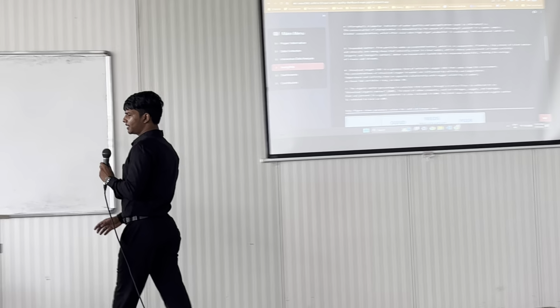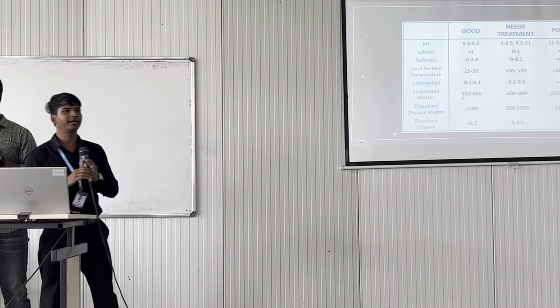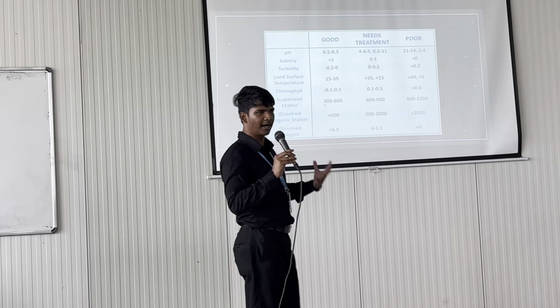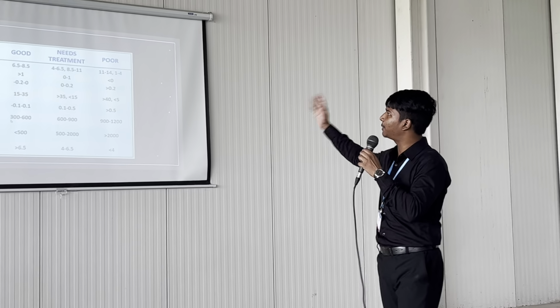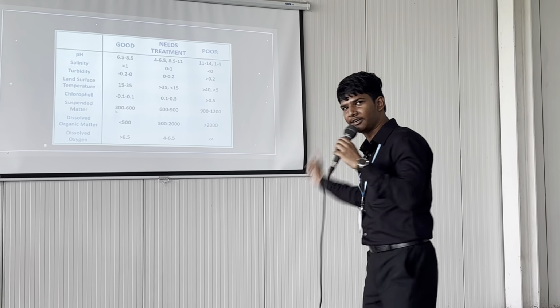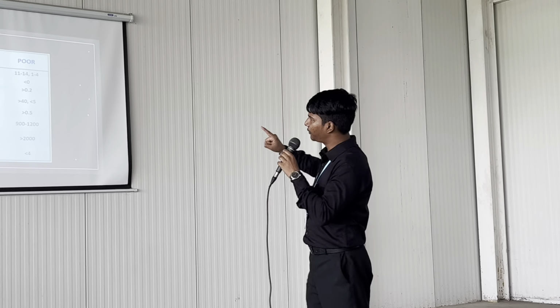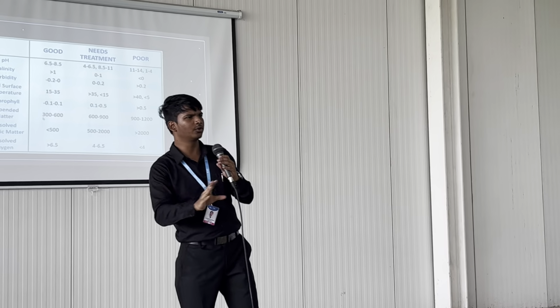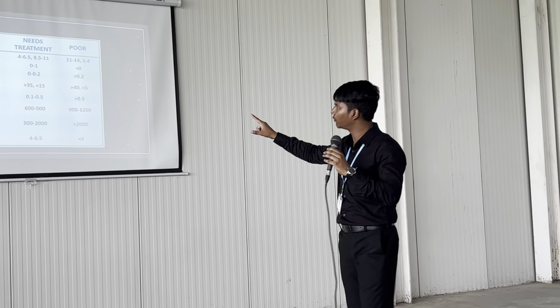Now, what is a good and what is a bad parameter for our lake? After all the brainstorming that we did in our project, we got to this part where we can ascertain particular values for good, needs treatment, and poor, which is very important. I was not able to show you the graph, but the salinity was below 1. The pH is between 7 and 8.3, 8.4. Why it is going towards 8.2 and 8.3 is a different process.